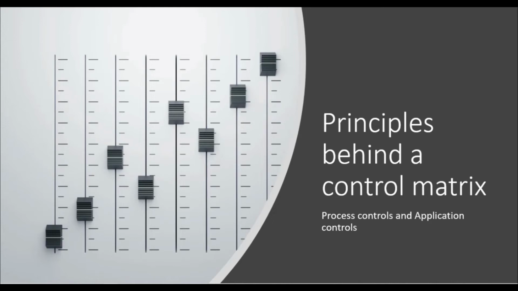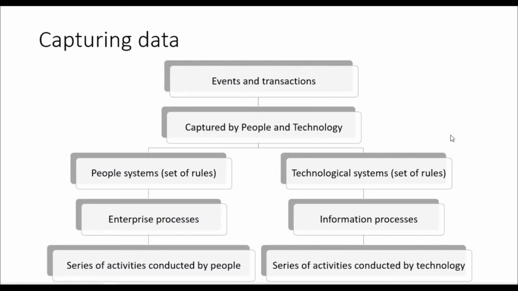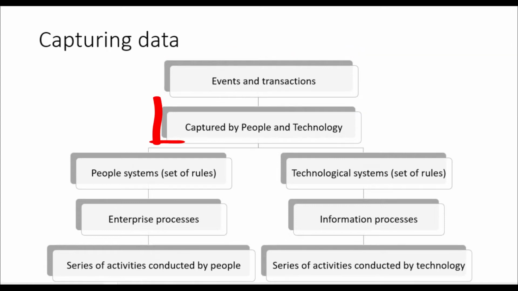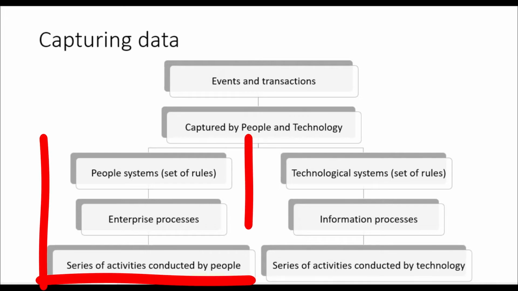To examine the process controls, we can use a control matrix. There are some principles behind a control matrix. If you look at an enterprise capturing data, it starts with events and transactions. It's captured by people and technology. There are people, systems, sets of rules that are followed, and there are enterprise